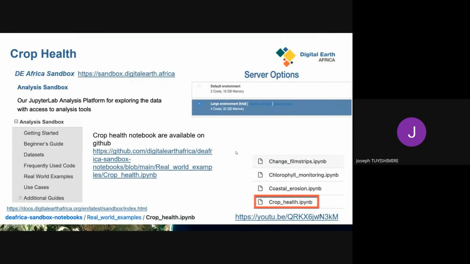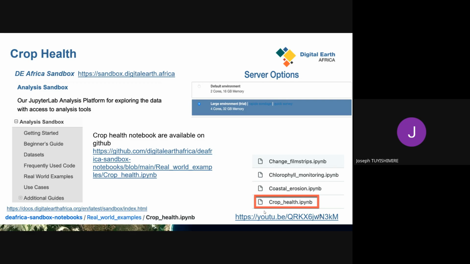So if we go back to our sandbox, we can go inside our sandbox. As I said, we can get a notebook called crop health, which is under the folder called Leod examples.